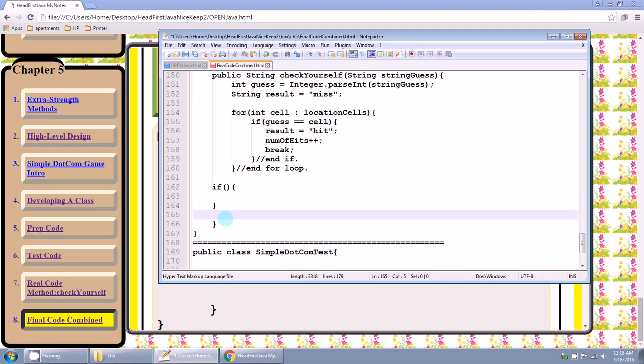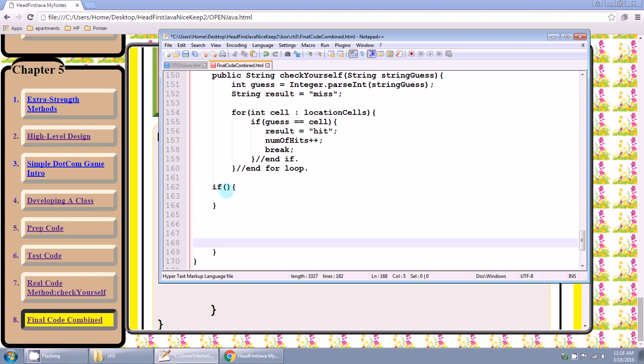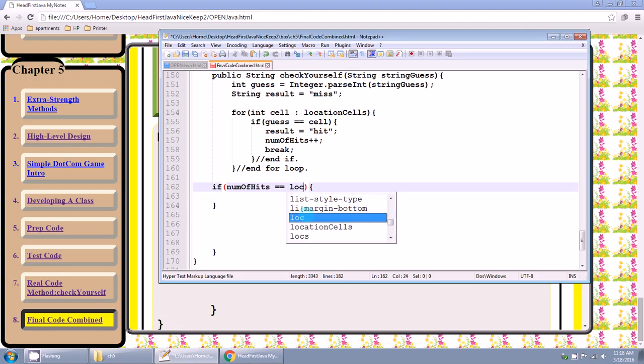So let's move those out of the way. If some condition is true, we're going to do something. Let's see what the condition is now. Again, I'm on page 106. If num of hits is equal to location cells dot length. Remember, location cells is an array, and we're going to give it 3 numbers, so it's